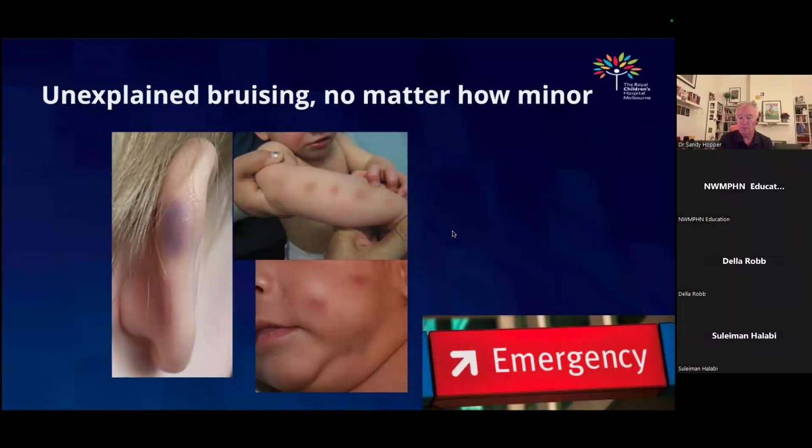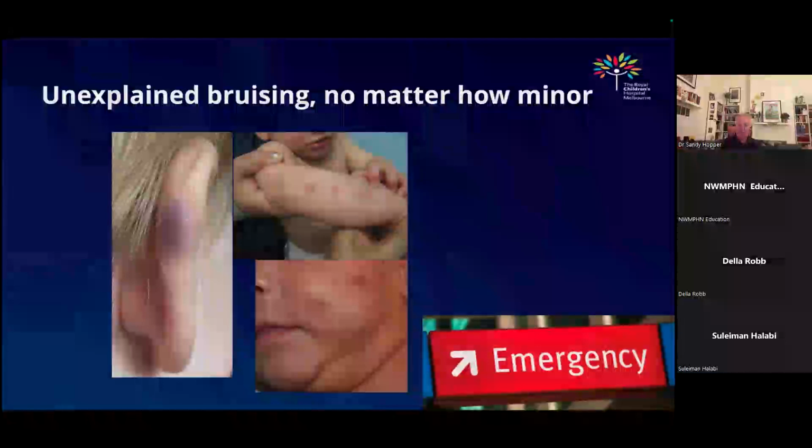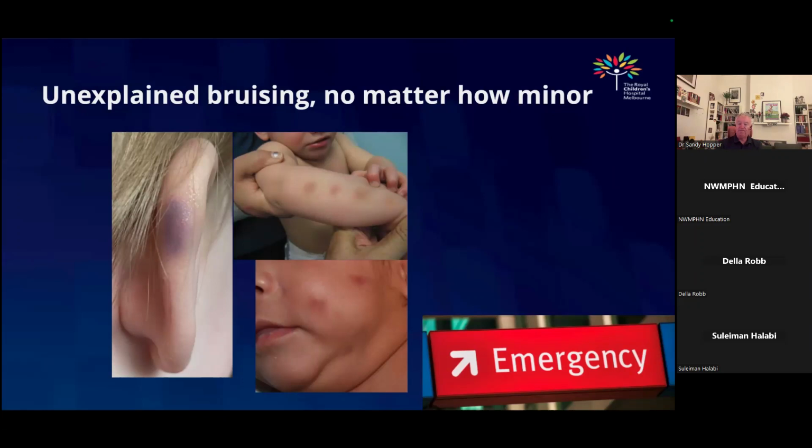Sandy, how would you deal with the parent with you? Would you just report rather than confront? Yeah, if you've got a child with unexplained bruising, for me the standard line is that there's bruising on the child for which there's no explanation or mechanism. We need to take that seriously. And then in a roundabout way you talk about the fact that this raises the possibility of someone inflicting an injury on the child, which is very confronting for families. You need to be quite soft and sensitive,